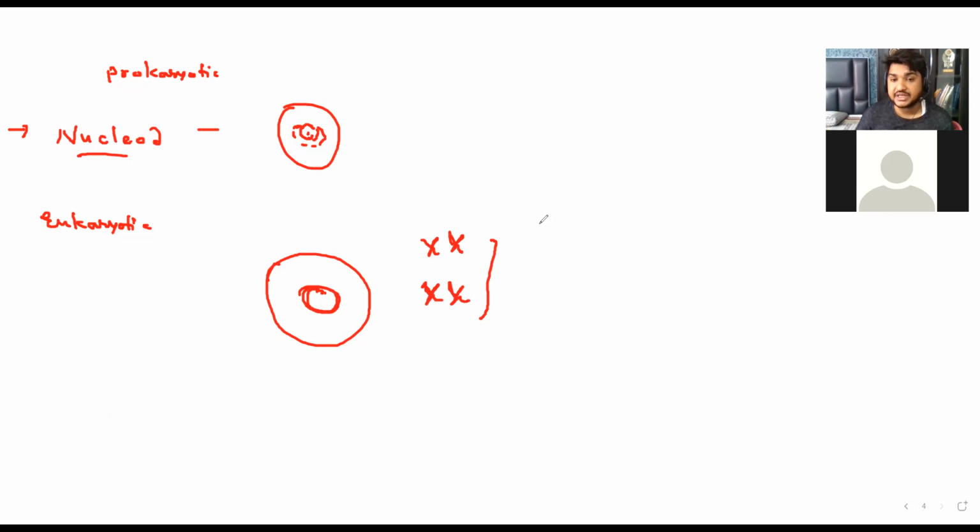I told you DNA condenses and is wrapped by a histone octamer, the nucleosome, and these nucleosomes are further condensed into chromatin, which is folded by the non-histone protein. Firstly, DNA is wrapped around a